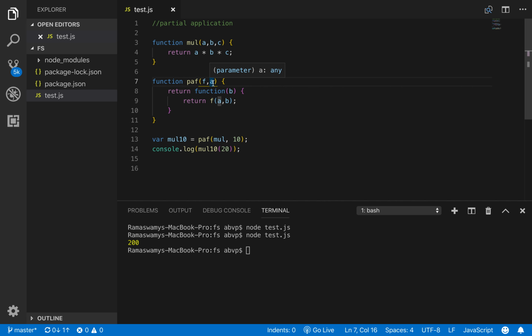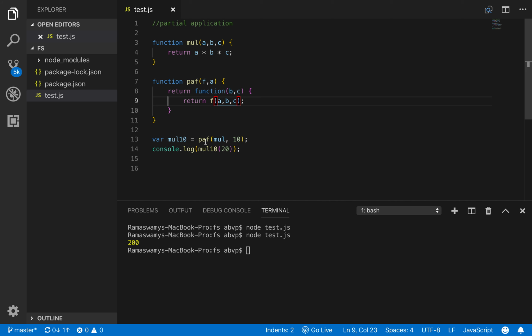So this will have one argument less. So if we have one argument, this function will have two arguments, b comma c. And f will be a comma b comma c.